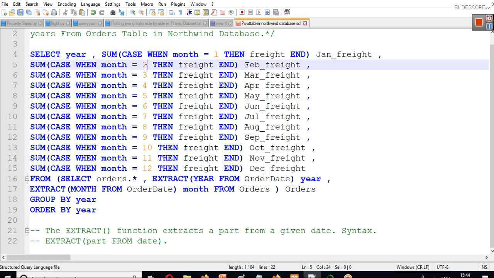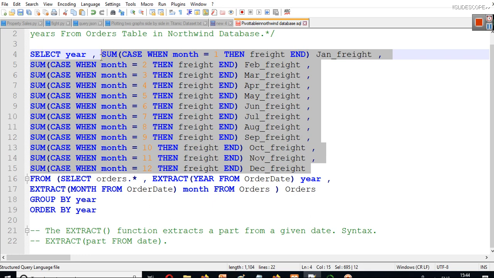Similarly for month 2 we have Feb freight, for 3 we have March freight, and so on. So this particular selected portion is all the sum values for individual months. We are not talking about year here, we are just talking about month. If you run this much of the query, you will get all the values of freight charges for all 3 years combined.